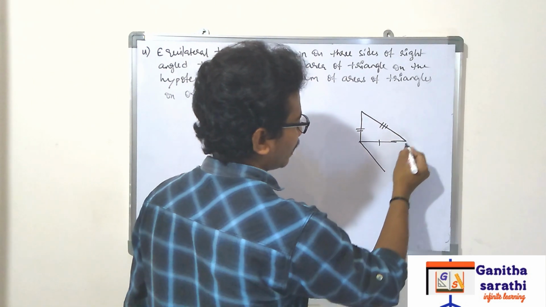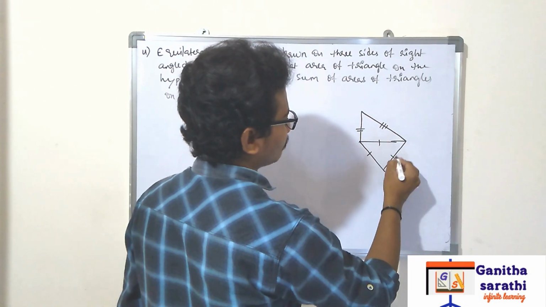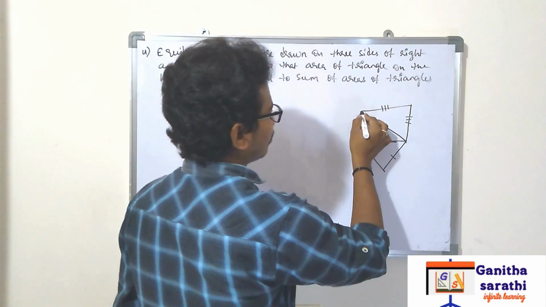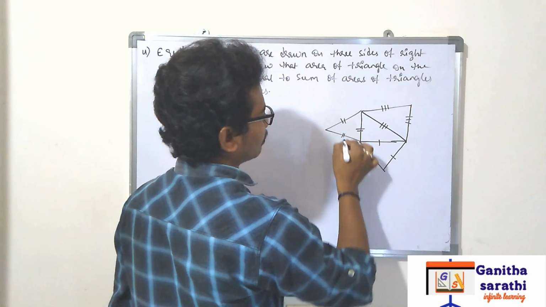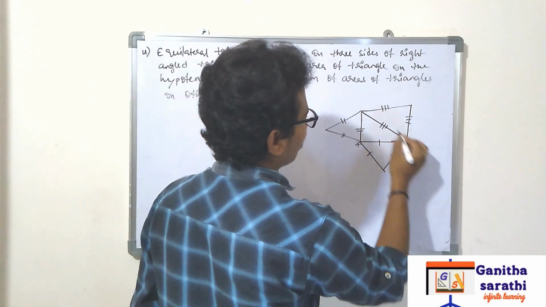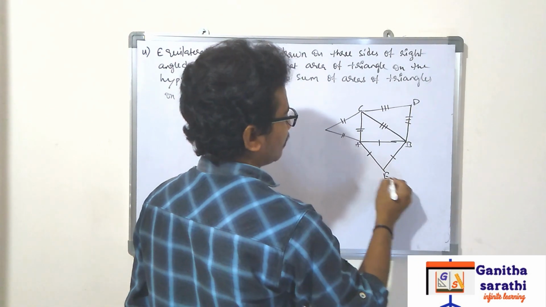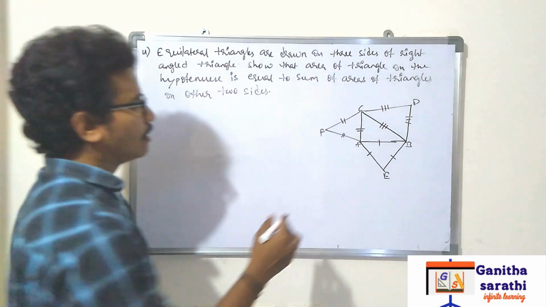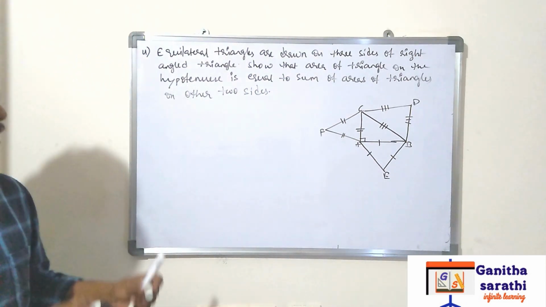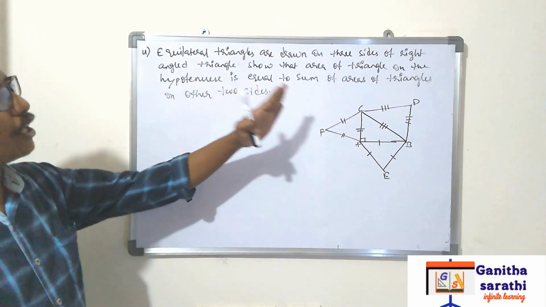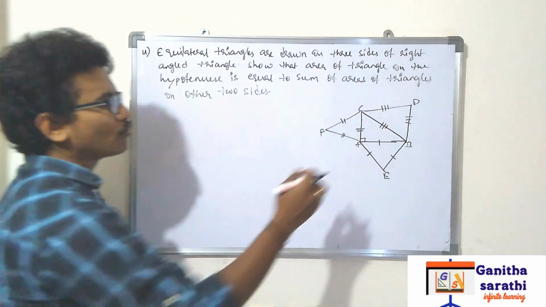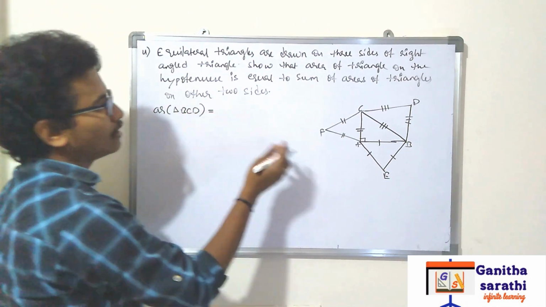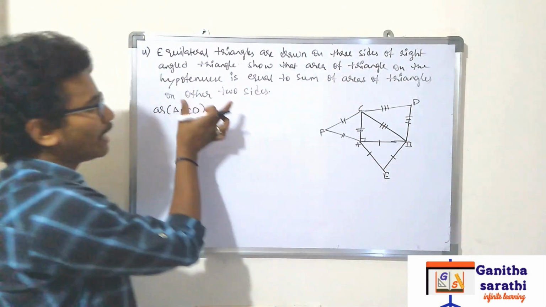Equilateral triangles are drawn on 3 sides of the right angle triangle. So draw the equilateral triangles. If this is an equilateral triangle, and this is another equilateral triangle, and this is another equilateral triangle. Now label this A, B, C, D, E, F. Now see here, we got the equilateral triangles on 3 sides of a right angled triangle. We have to prove that the area of the triangle on the hypotenuse, triangle BCD,